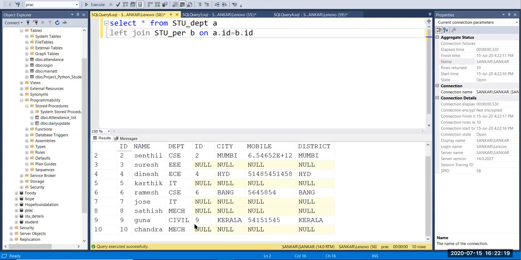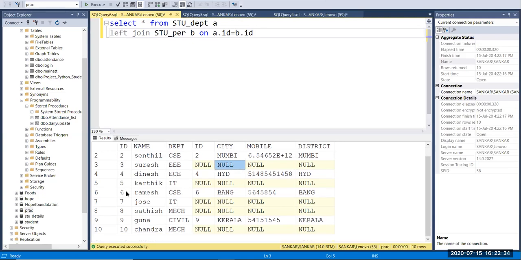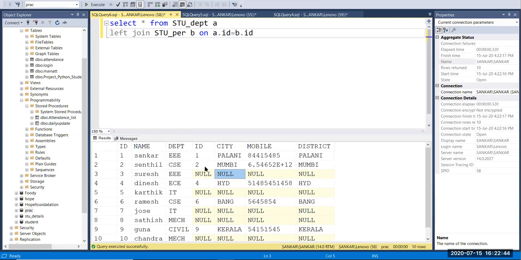But the ids that are not in stu_per take a null value, because in a left join it takes the left side value as the reference value. Here we have 10 values, and it takes all 10 values and tries to match them here.